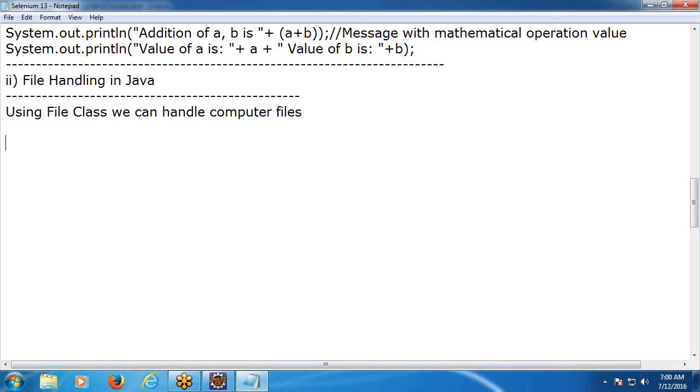Okay, using the File object we can handle all types of files, but external operations only. See, this File object can handle flat files only, meaning a file that doesn't have any format. Example, Notepad. Using the File object we can handle all types of files,